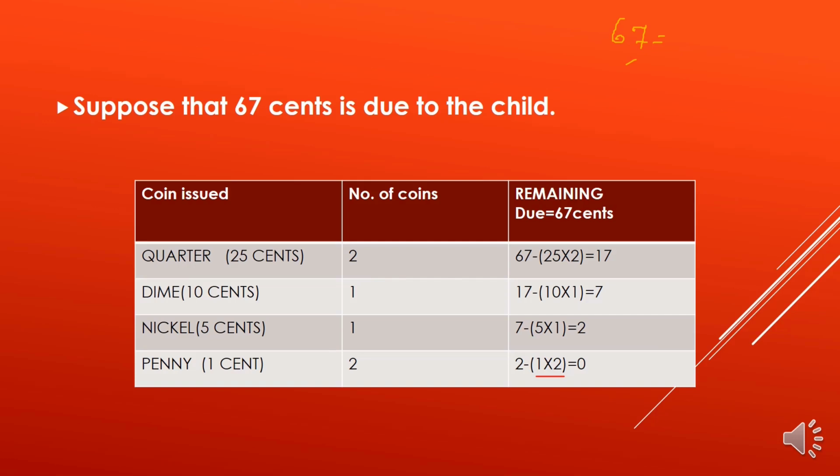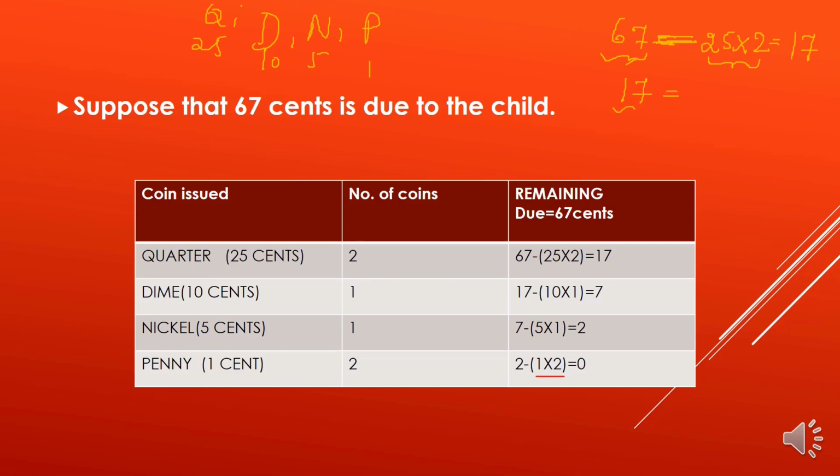So now quarter is highest because it is 25, then dime, then nickel and then penny. This is of 25, this is of 10, and this 5 and 1. So for 67, first I will see how I construct the change. 67 minus 25. I can take 2 coins, that is, quarter I can take 2 coins. So 67 minus 2 times 25, that is 50, so a total of 17 is remaining.